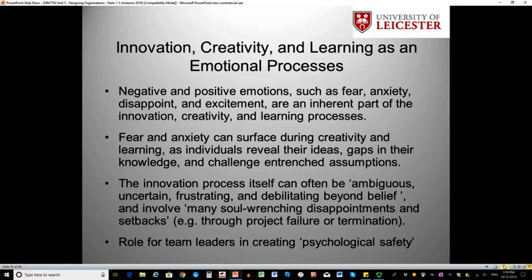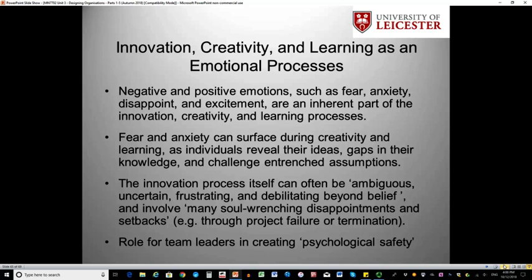And finally, innovation and creativity is also very much an emotional process, and for any of you who have worked on R&D teams or innovation teams like I have in the past, you will know that innovation is fraught with all sorts of positive and negative emotions that run through it. Emotions such as fear, anxiety, disappointment and excitement. It's exciting to have something that works, to get a solution, to get a prototype that people are really happy with and customers say very positive things about. But it can also be very soul destroying when you can't find a solution, when you have many disappointments and